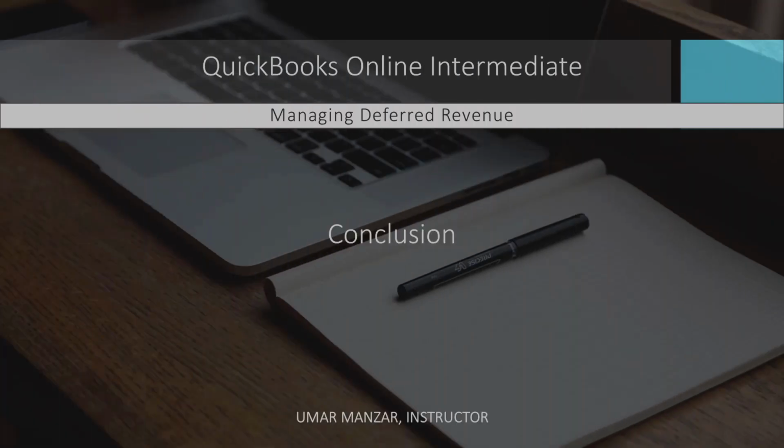By following these steps, you can effectively manage deferred revenue in QuickBooks Online, ensuring accurate financial reporting and compliance with